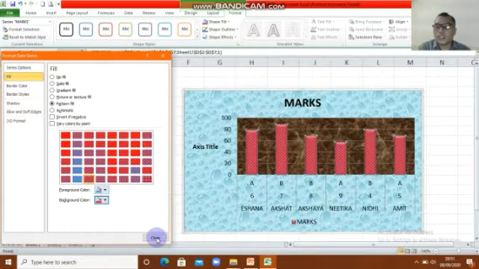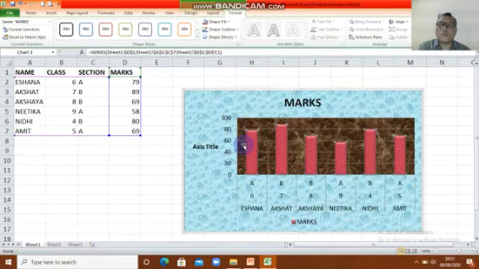Okay, that's how to fill the color and the background. You can click Format, and there is Format Selection just now. Okay, that's how to format our chart.